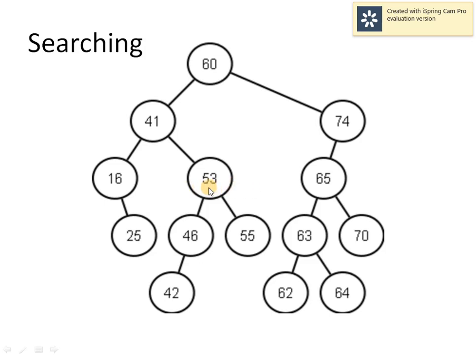We have to stop. So the stopping condition will be if we are reaching a null node, or if we are reaching a node whose value is equal to the value we are searching for. So this is the search operation in binary search tree. As far as the implementation of searching is considered, again we can either go with the iterative procedure or with the recursive procedure. We are going to discuss both in this lecture now.